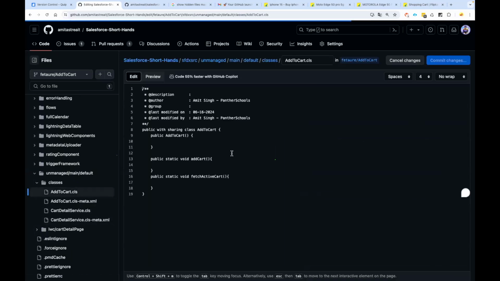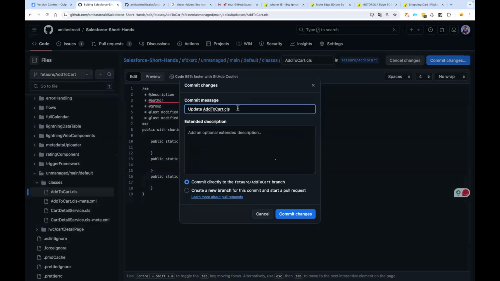I removed the constructor because that is not of any use. And then I added one more method which is public static void, let's say fetch past cart. This is a simple SOQL query method, but that is going to explain what we are doing. And then I committed here,